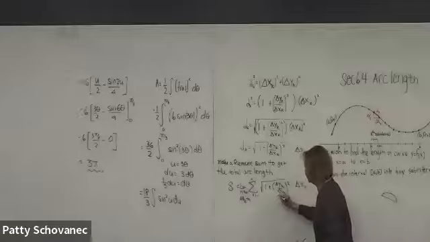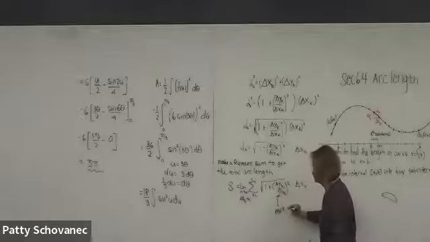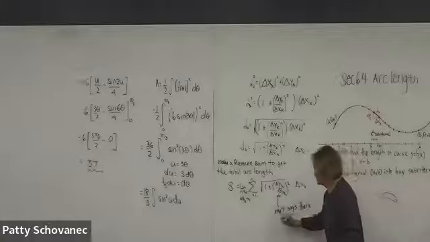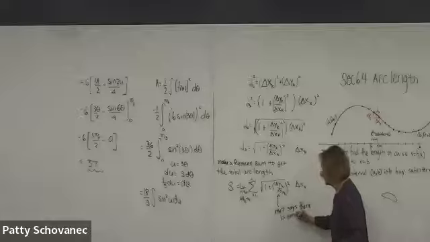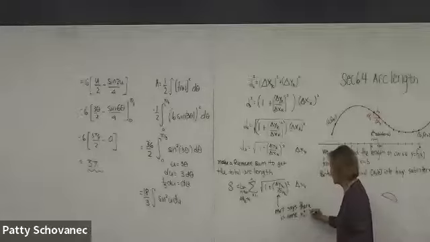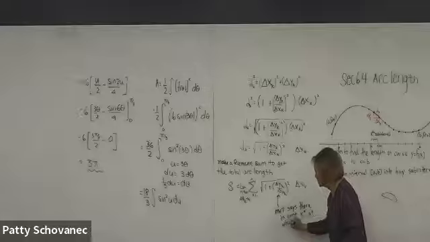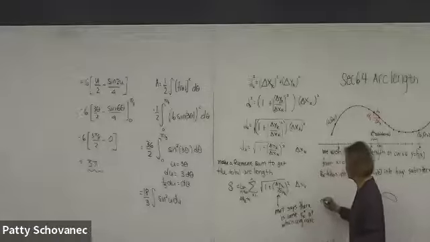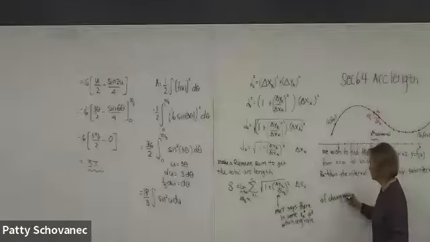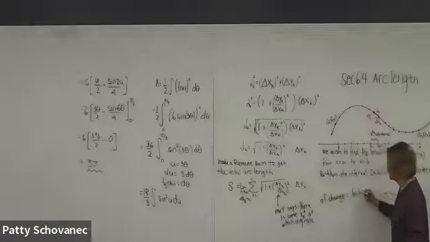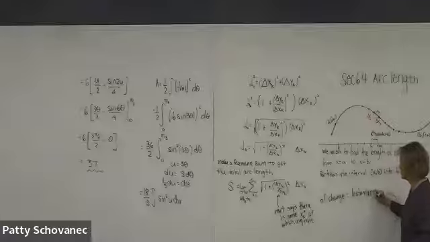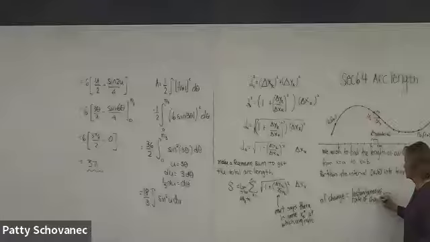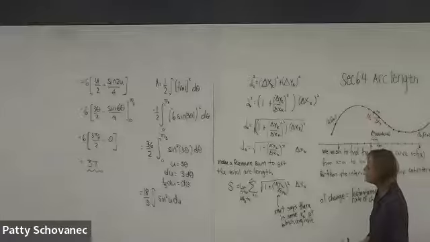And the mean value theorem says there is some special x, we'll call it xk star, at which the average rate of change is equal to the instantaneous rate of change. So that little piece becomes